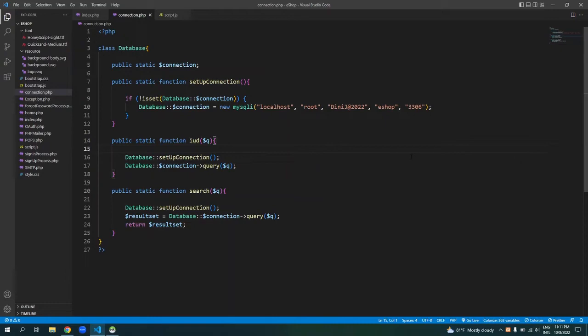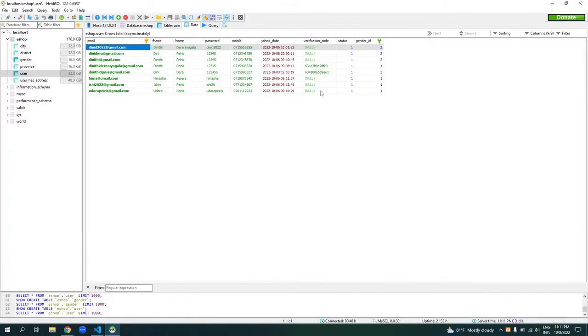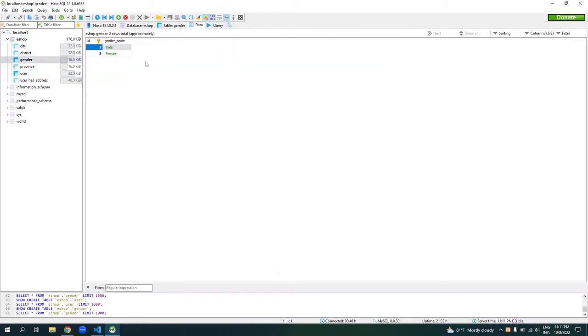Okay, so now let's look at our database. So here's the user table, which contains everything we entered when we were creating our account. And these are the other tables: city table, district table, gender table, province table, and user has address table. There's nothing in these tables except the gender table. Here I've added the genders. And moving back to my code,